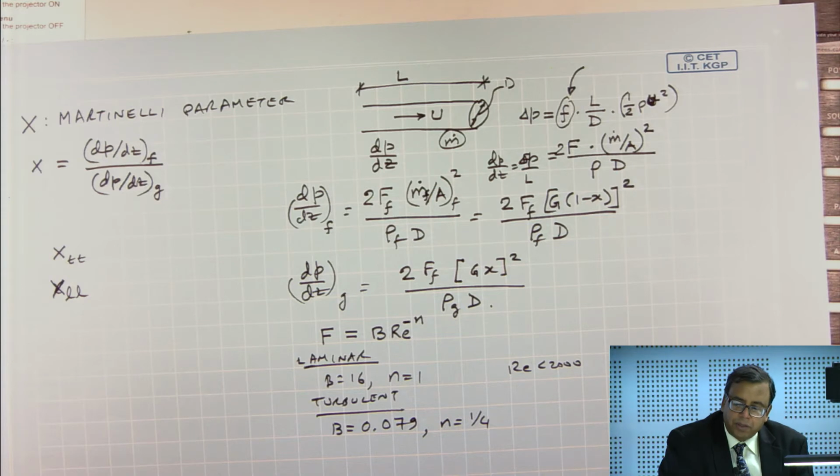Now, how we use the Martinelli parameter, I am going to come to that in a minute when we discuss the different correlations. Okay. And there are 100 different correlations, we do not have time to get into them. I will cherry pick a few and illustrate it for you. Okay. So,